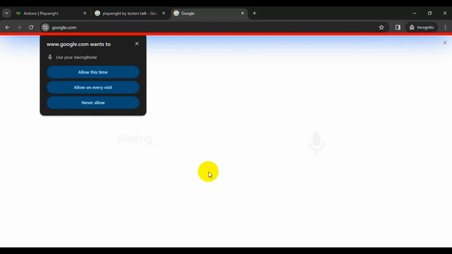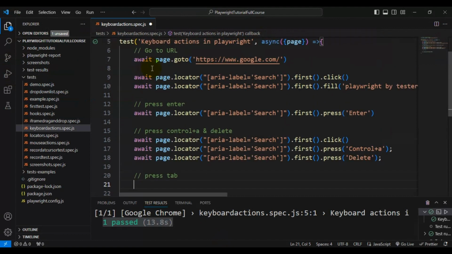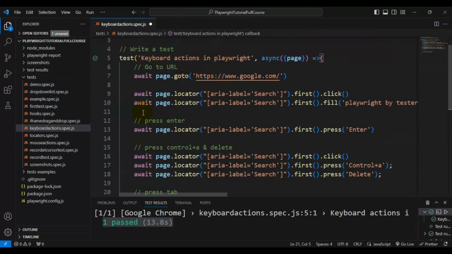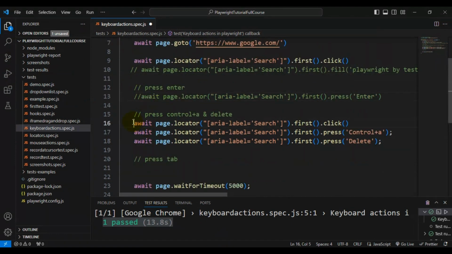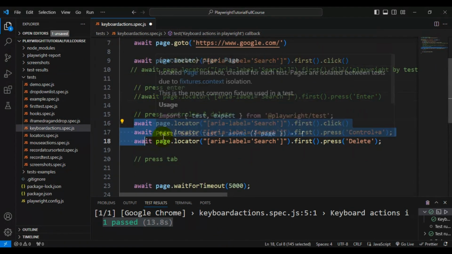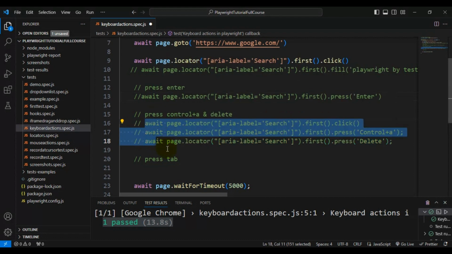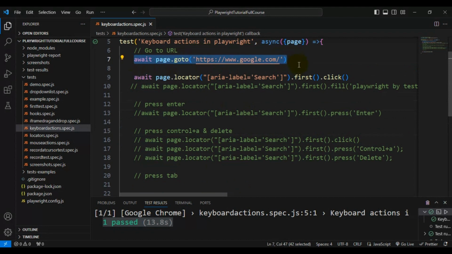So let's perform this particular action. We will see how to use the tab and enter also. Right now I will comment out line number 10, line number 13, and lines 16, 17 and 18. So that's it, guys. We have opened google.com and we have clicked on the search text box, and now we have to